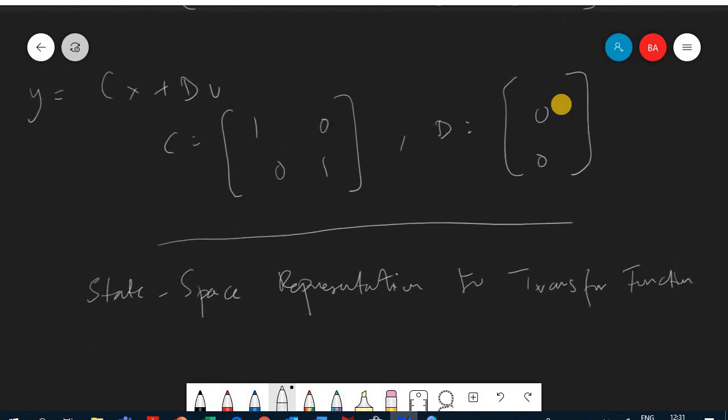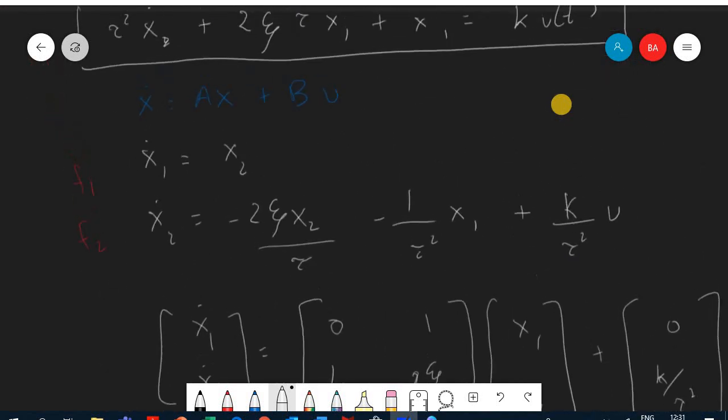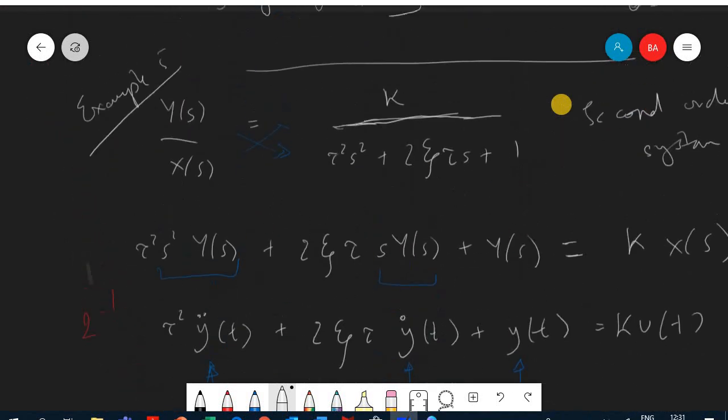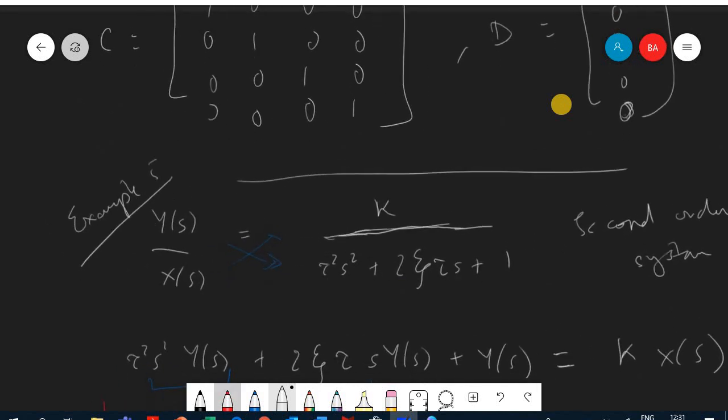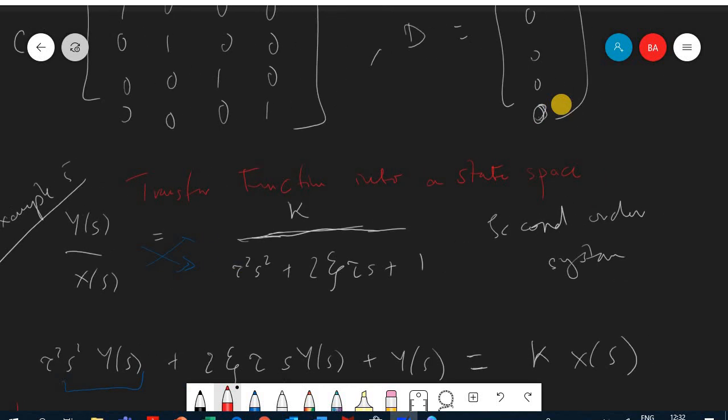And what we have done, actually, in this example, we have taken our transfer function into a state space format. Actually, we took it to the time domain, and then we have taken that into a state space format. Okay,